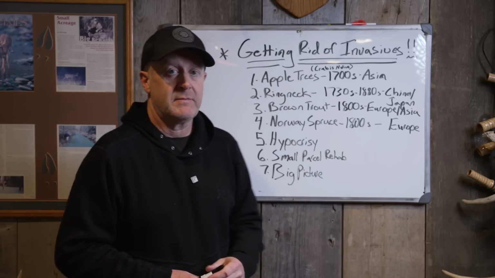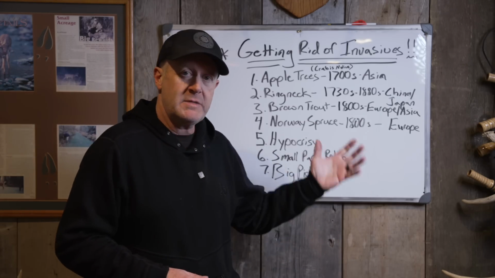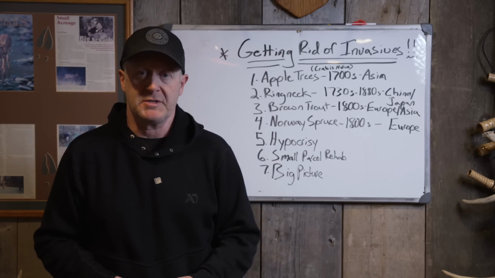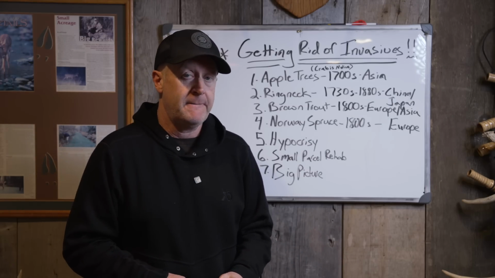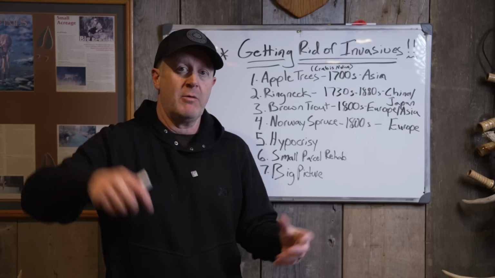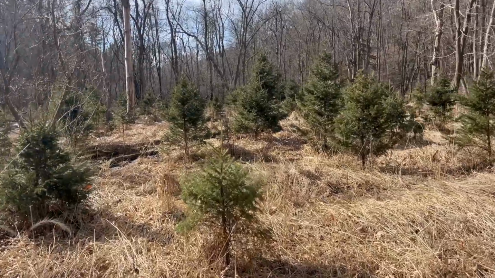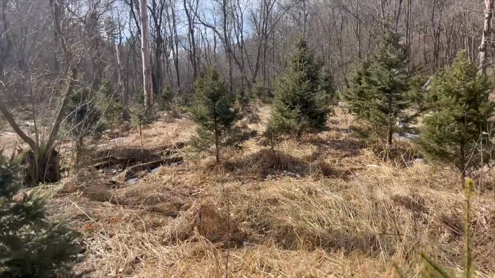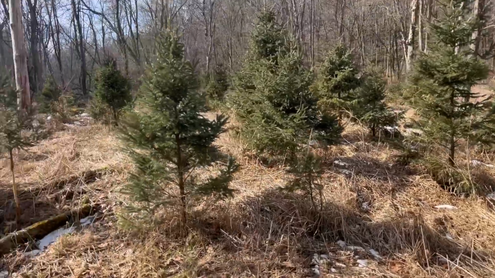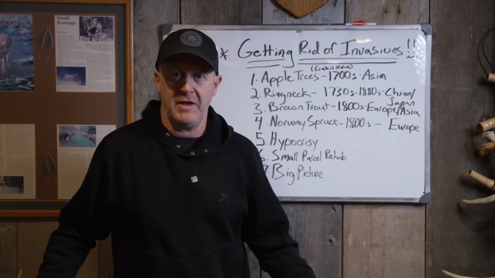All of these are non-natives. To me, there's a lot of hypocrisy. Why are these accepted? They all displace other species. Brown trout displace other species of fish or trout. Norway spruce displace other trees. You ever seen a Norway spruce, how it just keeps spreading out into a field? Downwind of it, those seeds go and it just keeps filling in a field, displacing everything else that's out there. Ringneck pheasants, you think they don't displace any other birds in the area? Apple trees, if you have a giant apple tree growing, it shades out everything that was native underneath.